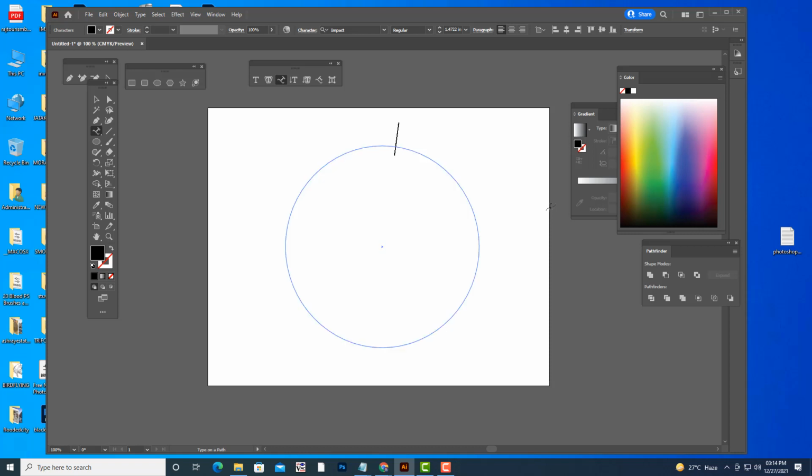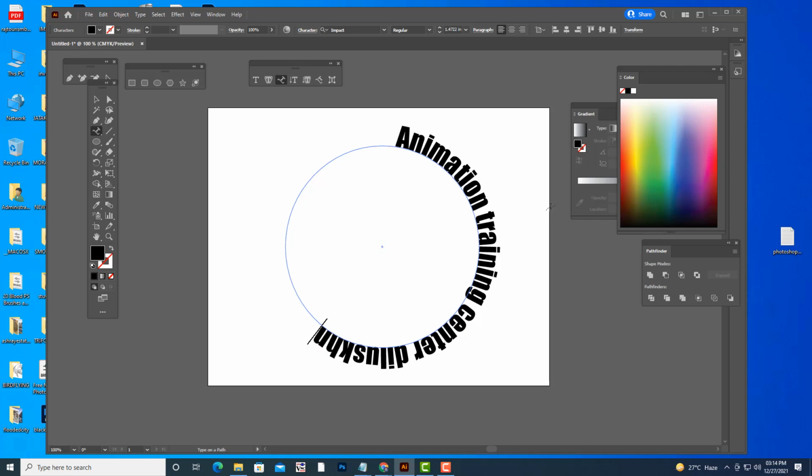Then we'll remove the content and put our own content here. Something like this we can put, and then to adjust it, you have to use the direct selection tool.